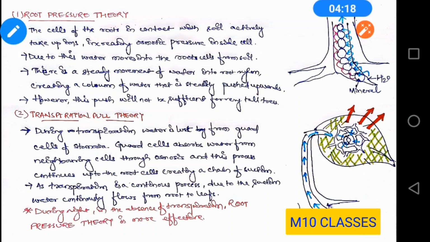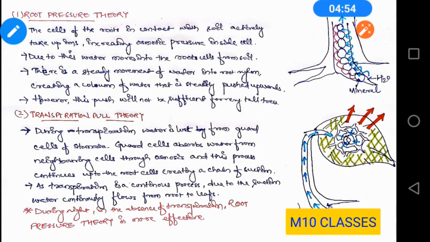In this process, the water moves into the root cell, then gradually this steady movement goes upwards. That means you can say that there is a push through which the water goes upwards. There would be a steady movement of water. But think, if the tree is very tall, then this pressure would be insufficient to push the water to the top point. Then what is the solution for this?